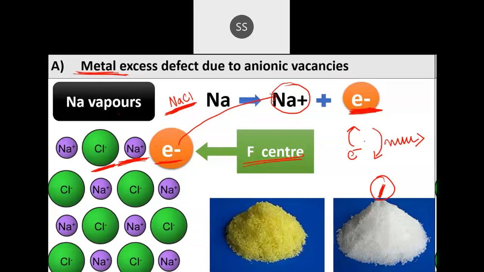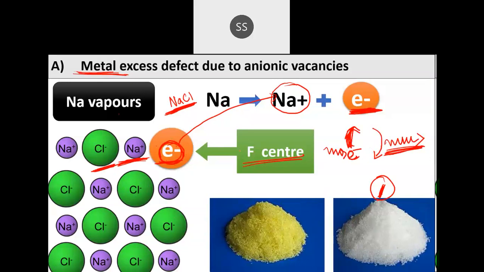So how were they imparting the colors? Because the electrons present in the ground state, if they absorb a certain amount of energy, go to the excited state. And when they come back, they emit a certain amount of energy. That is what is seen in the form of color. The same thing happens with the sodium chloride crystals which have acquired this electron. Because of the presence of this electron, they go to that state and then emit the color.